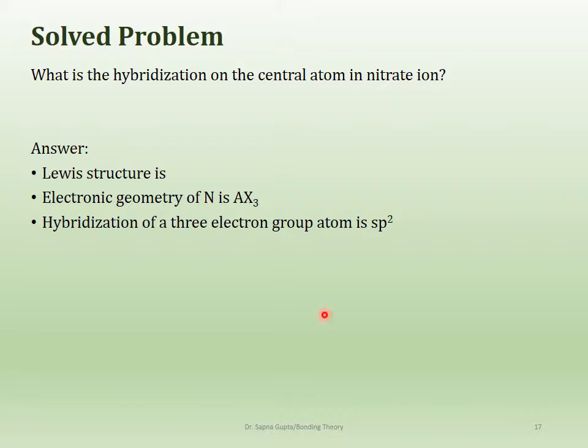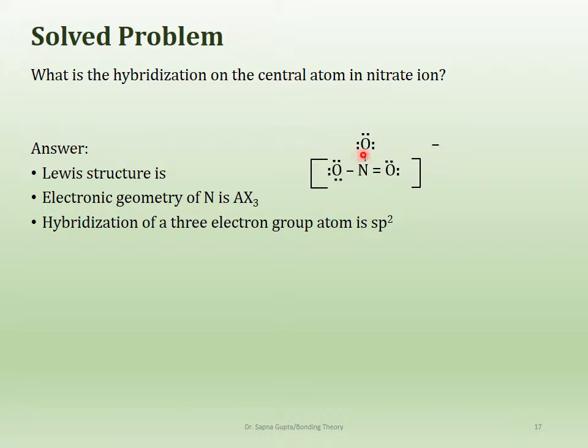So here is another problem, for the nitrate ion. Let's look at the Lewis structure first for the nitrate ion. Nitrate ion has nitrogen in the middle and these 3 oxygens, and NO3 minus is the structure. And then of course you have that 1 extra electron, and that extra electron goes to oxygen over here. So the number of electron groups on nitrogen is 1, 2, 3. That's it. There are no electrons left on nitrogen because one of the extra electrons has gone on oxygen. The other lone electron that was left has gone on oxygen as well. So nitrogen now has no electrons left over,